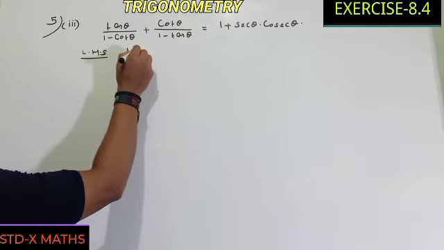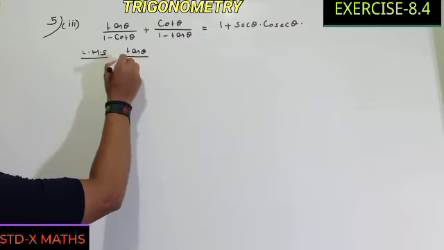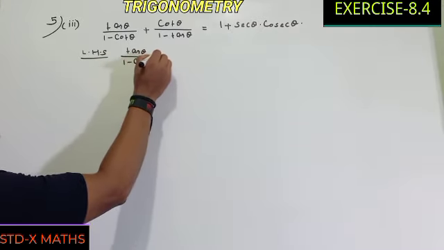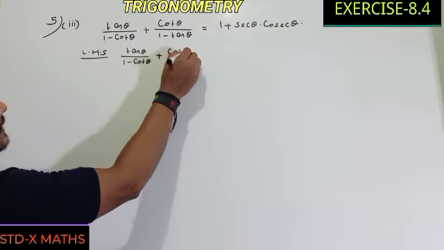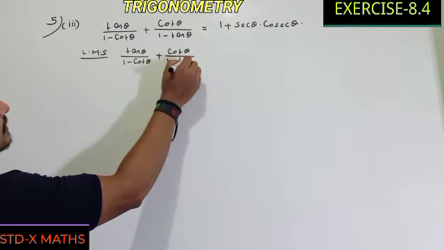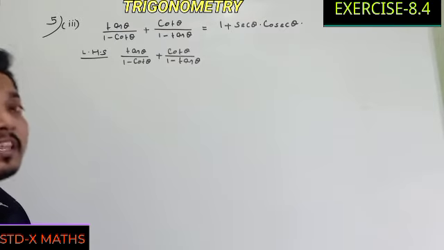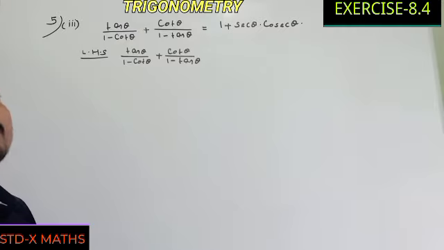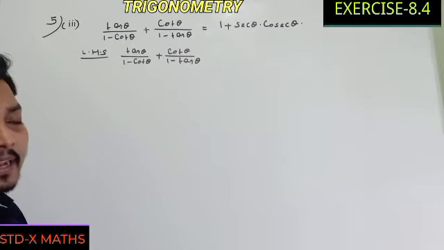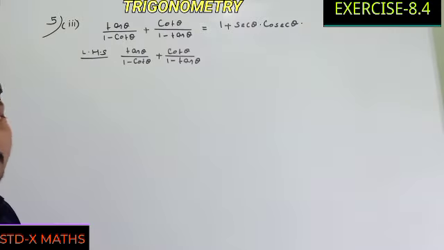First we write the left hand side: tan theta divided by 1 minus cot theta, plus cot theta divided by 1 minus tan theta. As no trigonometric identity or its alternative forms are hidden in the left side, we move to the next step. Our second step is to simplify: whenever you get a trigonometric ratio other than sine and cos, it must be converted into sine and cos.